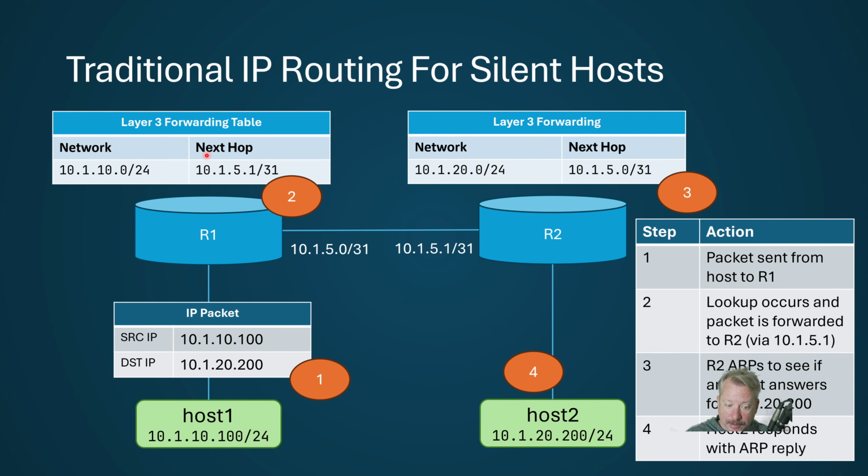So how does that happen? Well, it's pretty simple. The packet gets sent up to the router. The router doesn't know a host route for host 2, but it knows, I